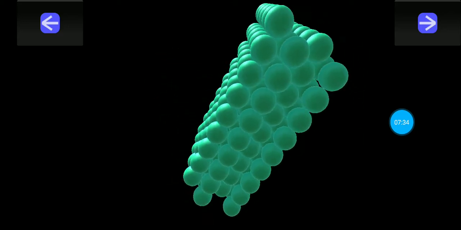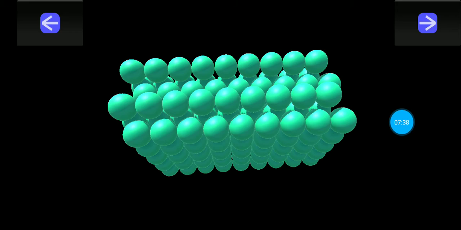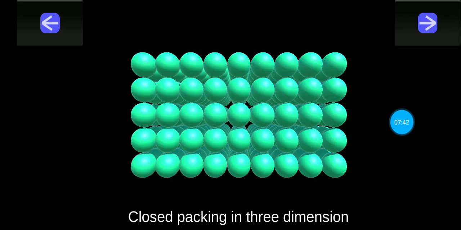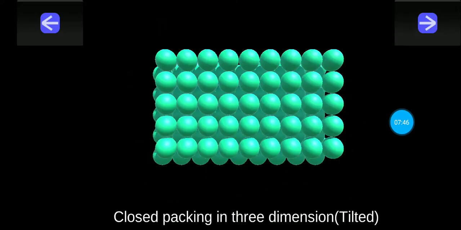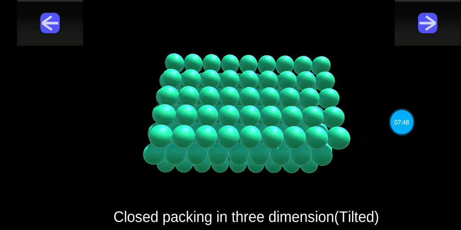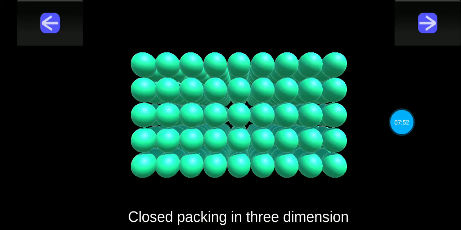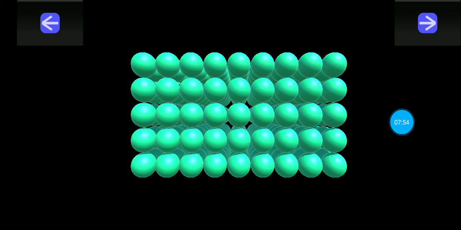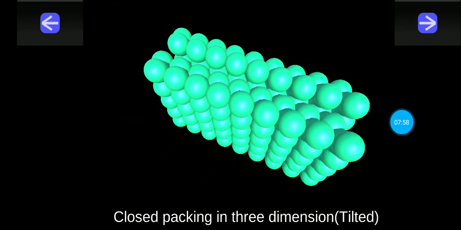We can rotate this as and when we need. So what is the difference between the two types of three-dimensional packing? The first one is A three-dimensional packing. The second one is AB three-dimensional packing.